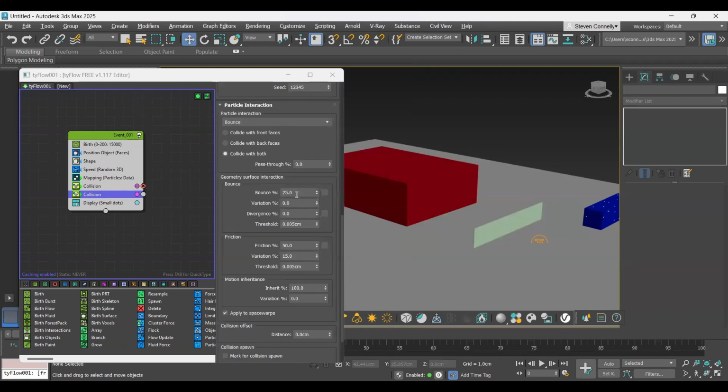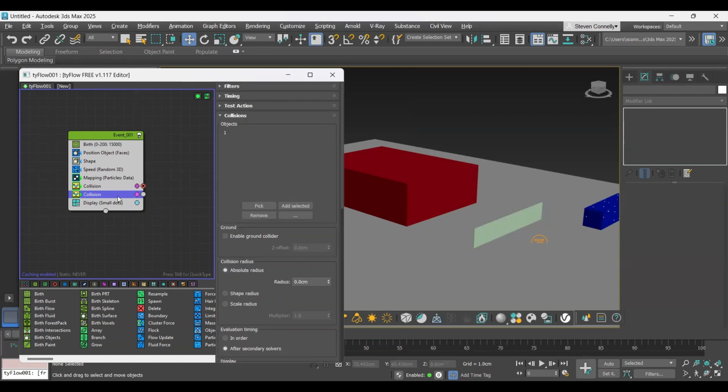Then we'll go tab and add collision and pick the sound barrier. We'll give it a bounce of 0, and a friction of 100%, and variation of 0, and